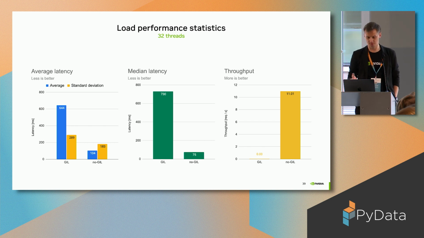From these numbers, we see that average latency is quite high in the situation with the GIL, and quite low without the GIL. But the real interesting number here, and the number I should explain, is the throughput. So the chart on the far right. As we see, when we have 32 threads, the throughput in the HTTP server is extremely low. It's almost zero. This benchmark ran, I believe, for 120 seconds, so 2 minutes, and almost no request